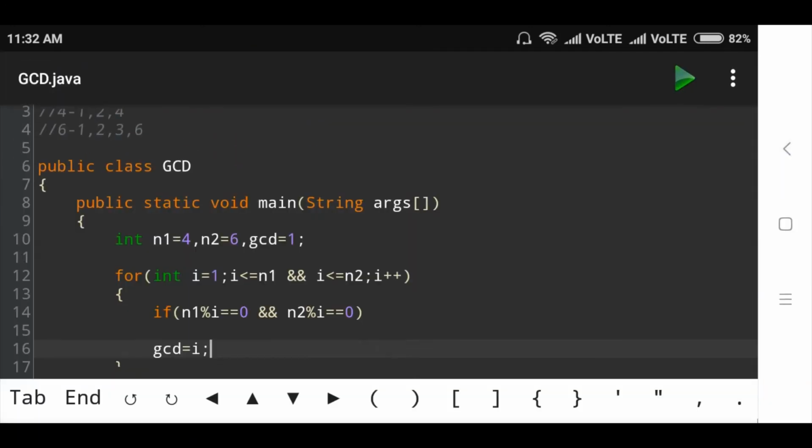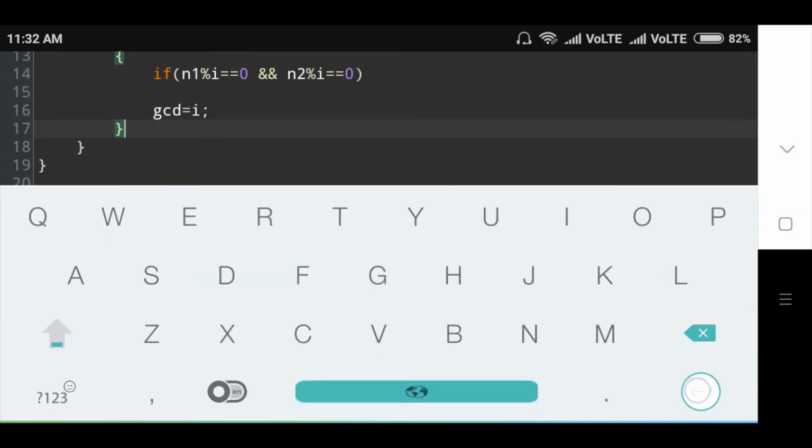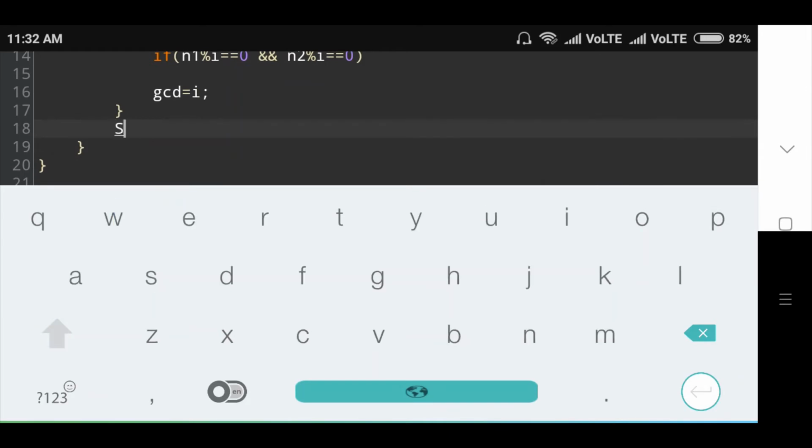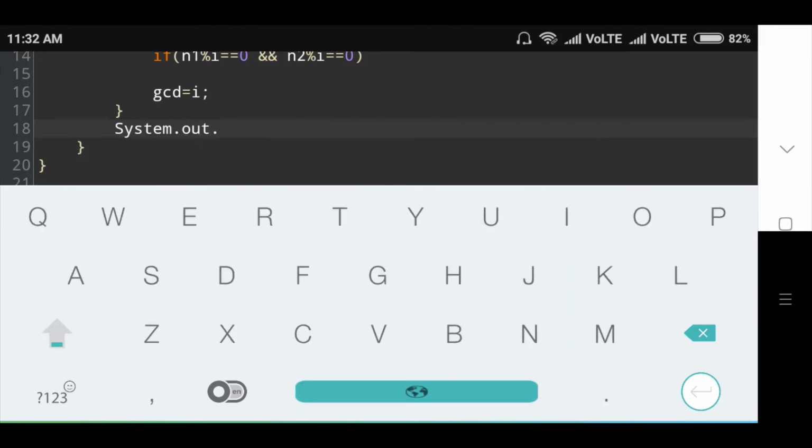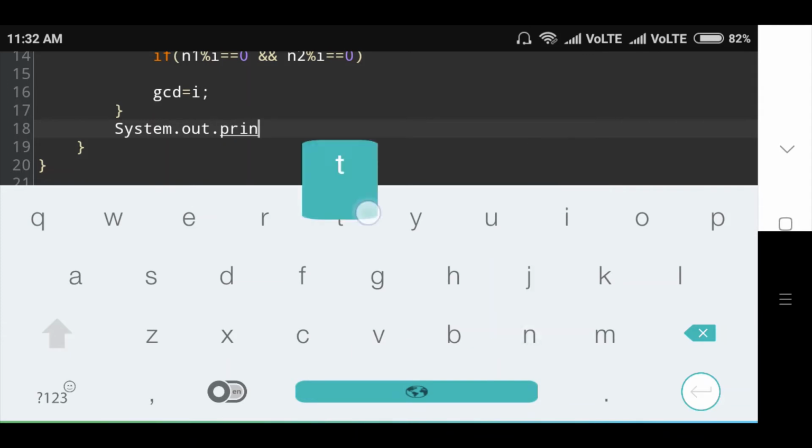Then I am printing message, System.out.printf. Here I will use printf because output using string formatting.